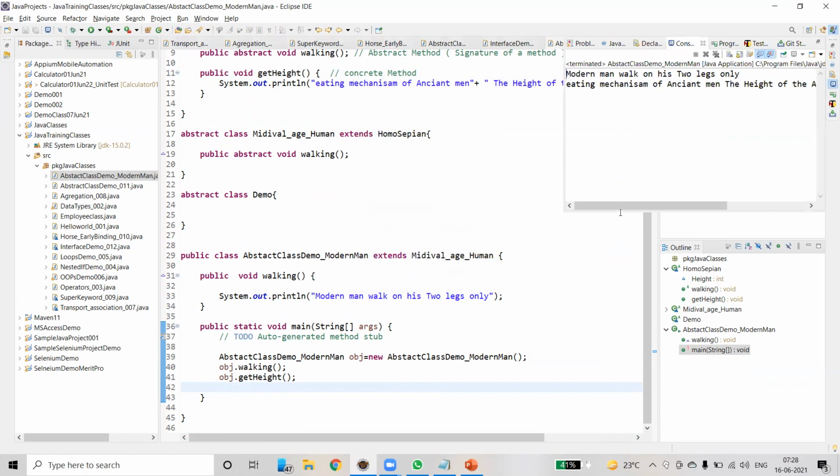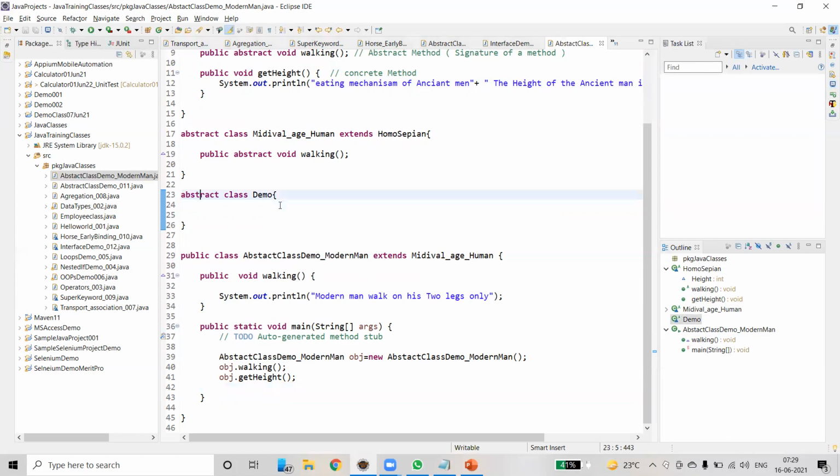Clear? This is how we use abstract classes. Modern man walks on his two legs and eats. The height of the ancient man is in feet 5 and so on. So this is nothing but abstract classes.